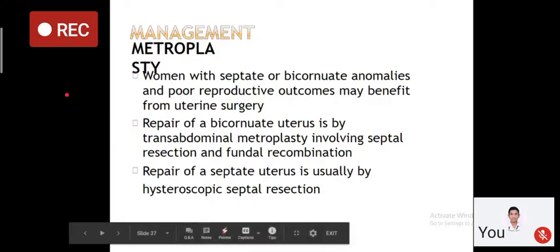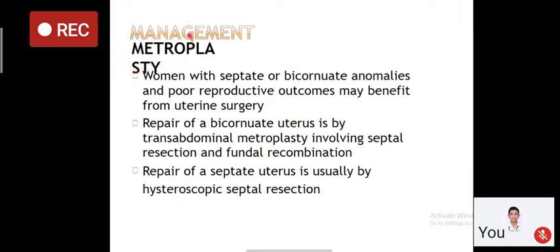Sometimes the examiner used to ask, what is metroplasty? Metra, we are using the term for the uterus, just like you must have heard about hematometra, pyometra. So the word metra we are using for the uterine cavity. So that is called metroplasty, just like a plastic surgery we are doing. So we are doing the surgery on the uterus, that is called metroplasty. So what can you do in metroplasty?